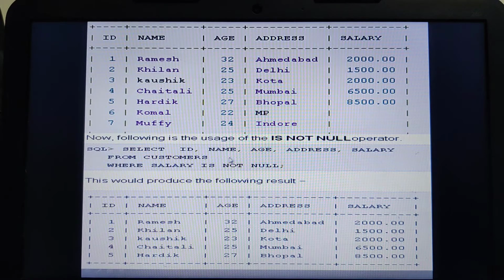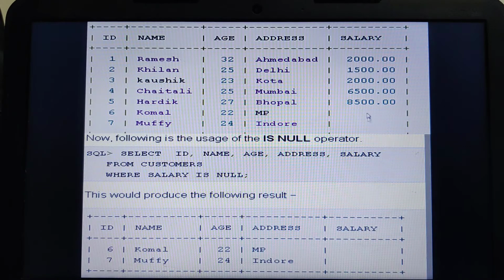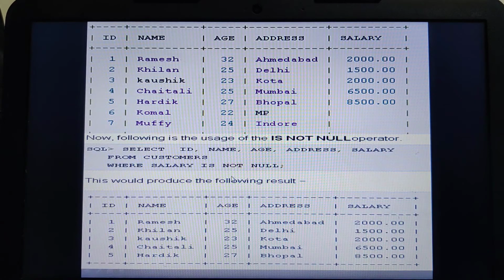What exactly I am trying to tell is about this not operator. It is also called a negation operator. Whatever the condition is, by using this not it is actually reversing the condition. Here you can see is null is comparing with the null value, and is not null means it is looking for the explicit value. Therefore, the not null operator can also be referred to as a negation operator, which always reverses the logical result of what it should retrieve. I hope you are able to understand.